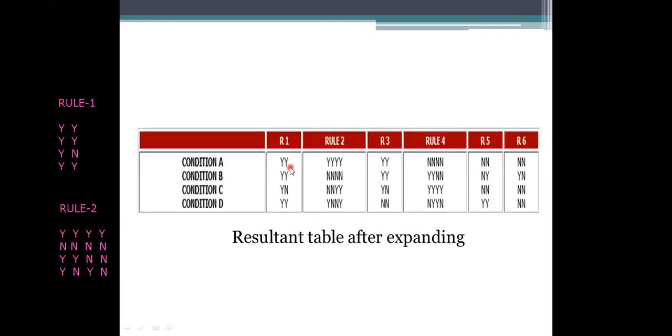So see here, all the S's. Why is it all the S's and all the no's for condition A and B? They have reached rule 2 by using condition A's S value and no value. Sorry, condition B's no value. So there is no change in that one. They have been involved in that processing.